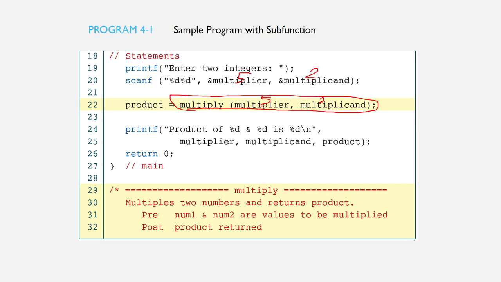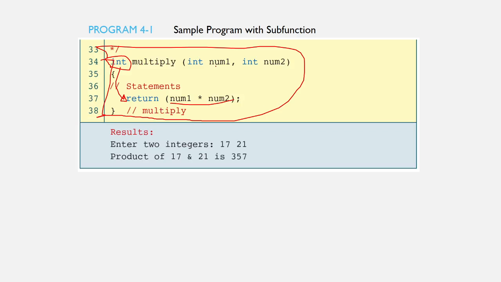So in the function definition, num1 and num2 will receive a copy of the values being passed by the function call, which is 5 and 2.